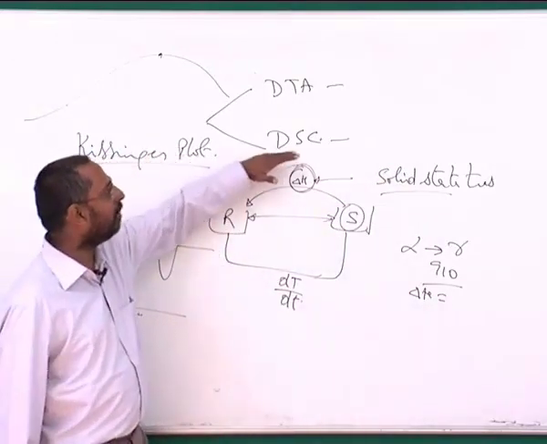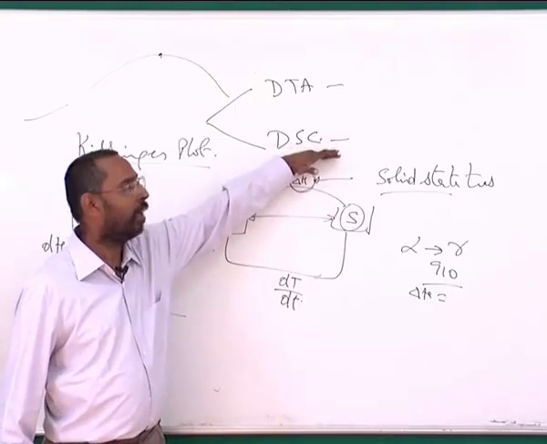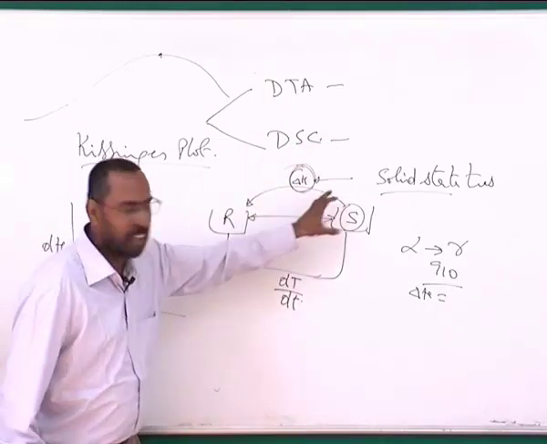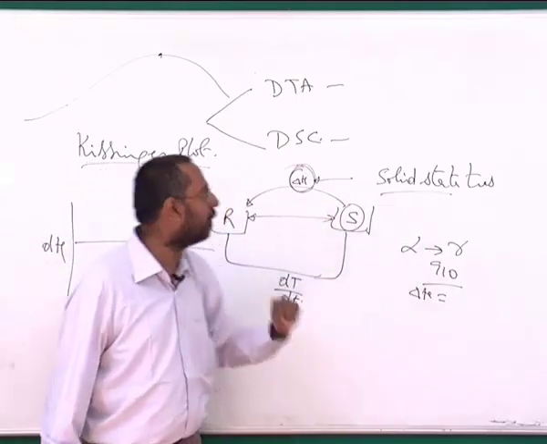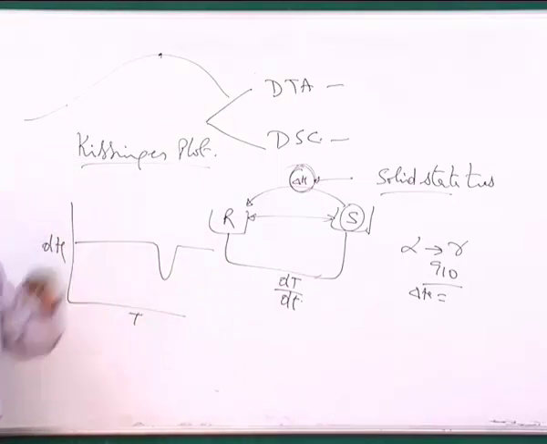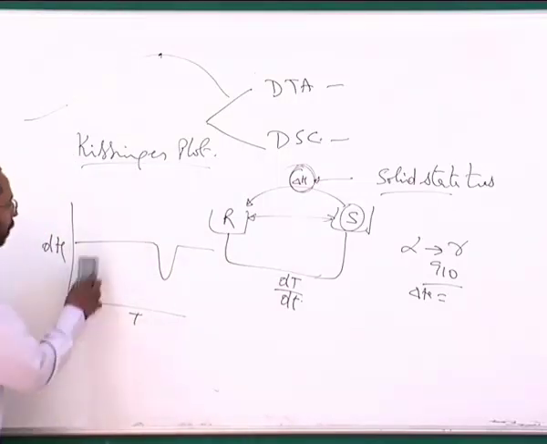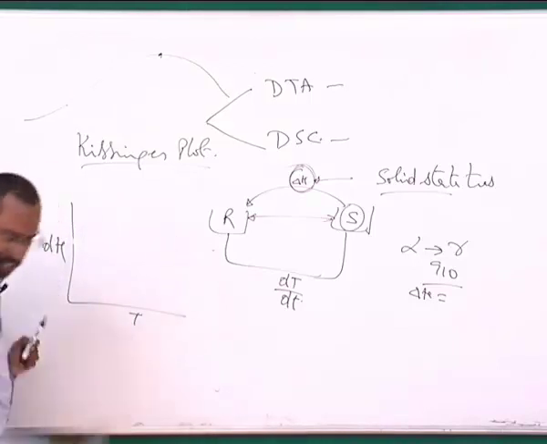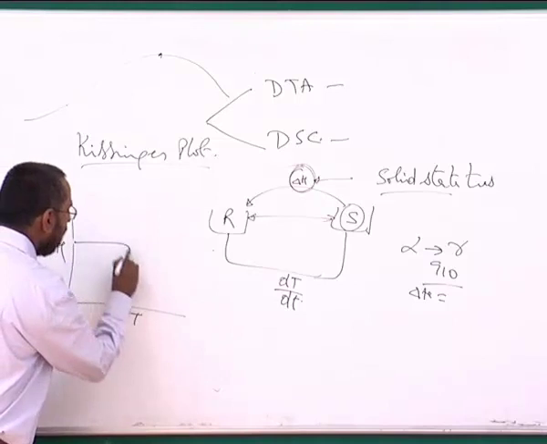whereas DSC is the one which is called differential scanning calorimetry, where I am scanning a sample as a function of temperature and finding the differential in the enthalpy, and that is how we are able to see. And in this particular case, for example, if I take a glass and do this, I usually see a situation like this.